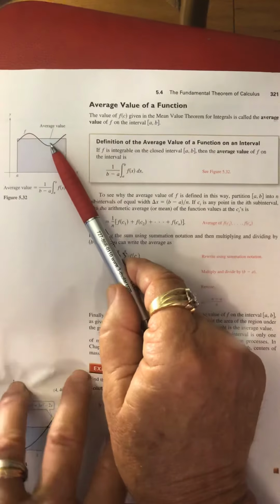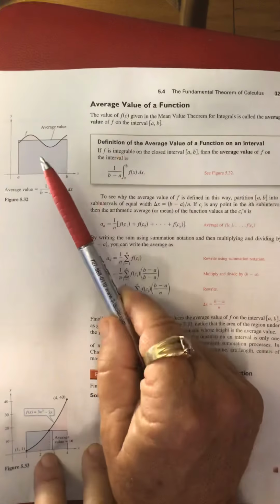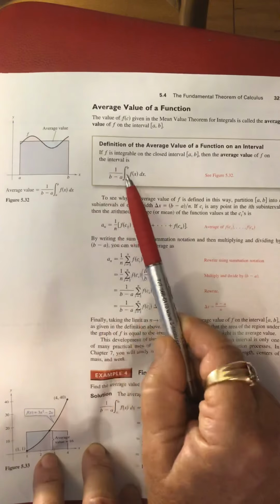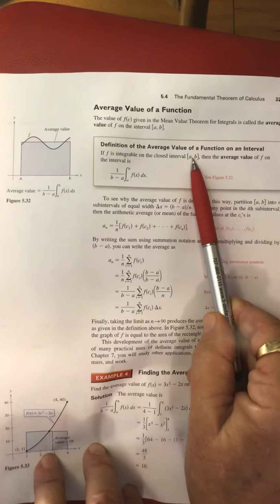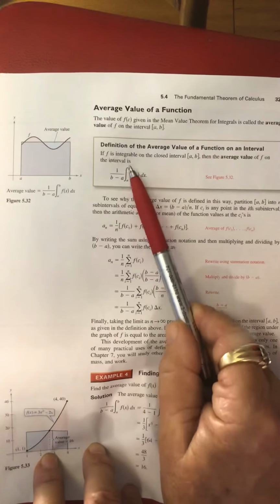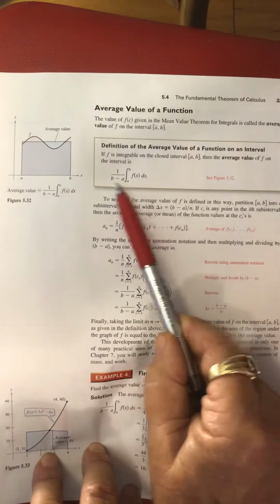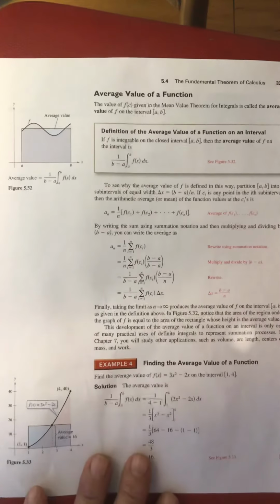But integrals help me take limits of infinite values. And so the average y value is 1 over b minus a. You know a and b, so you plug them in. The definite integral from a to b of f of x dx. If you can evaluate this number, you now have the average y value. The average y value. So just formulas